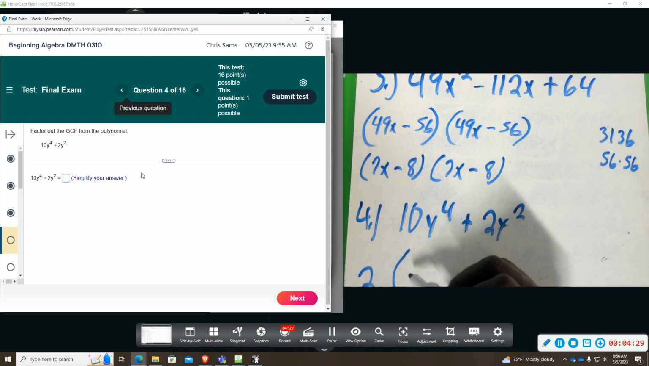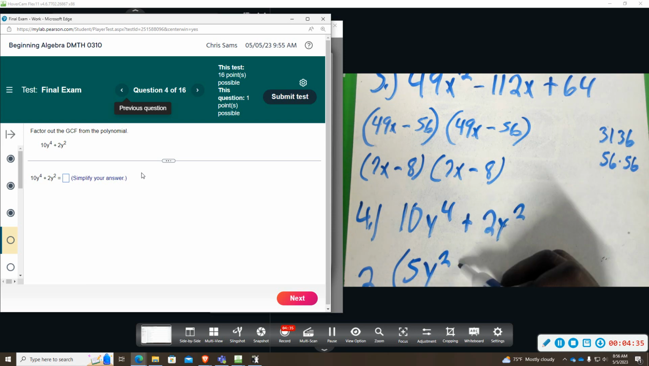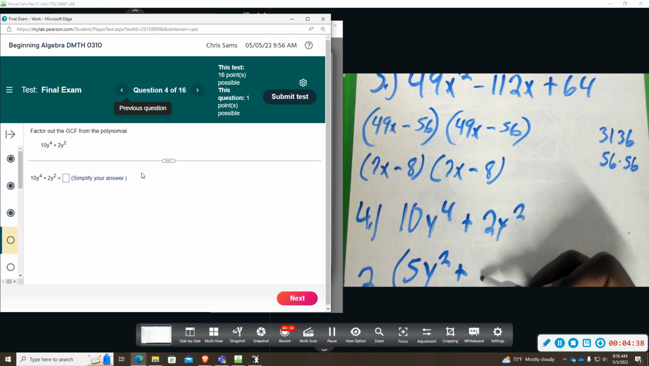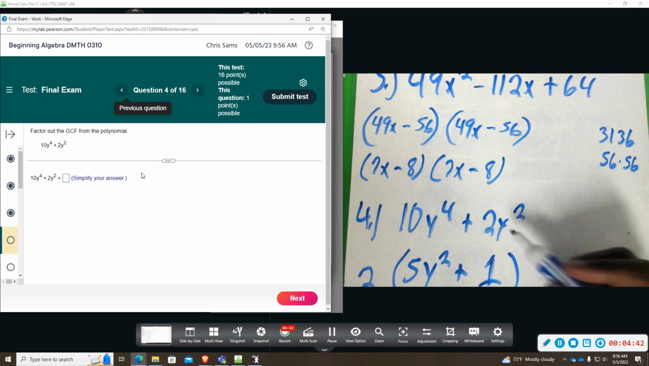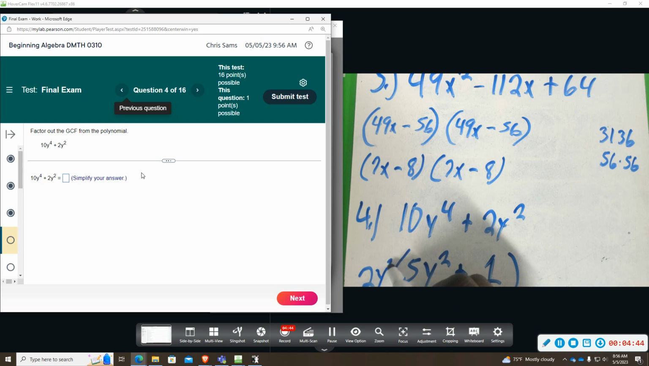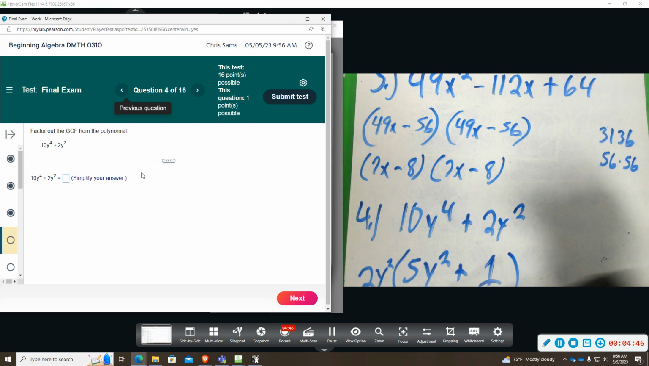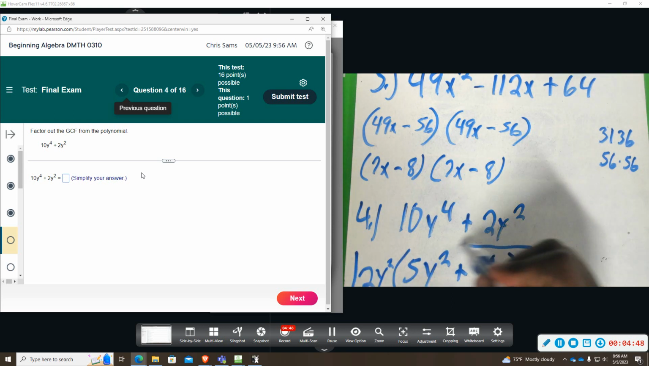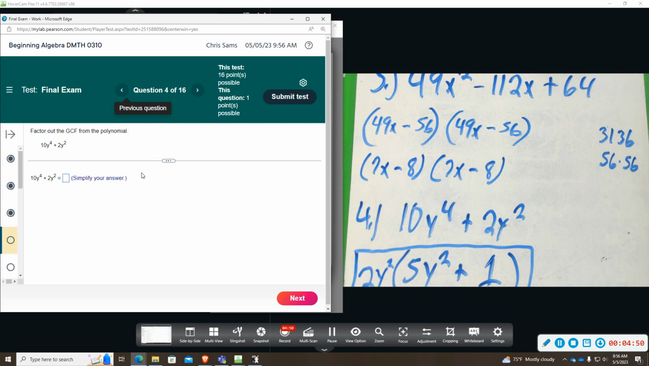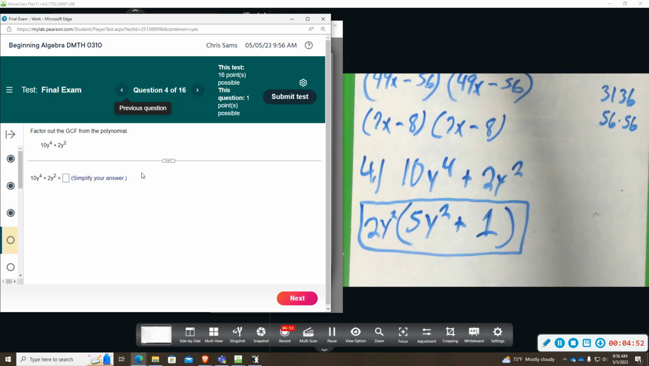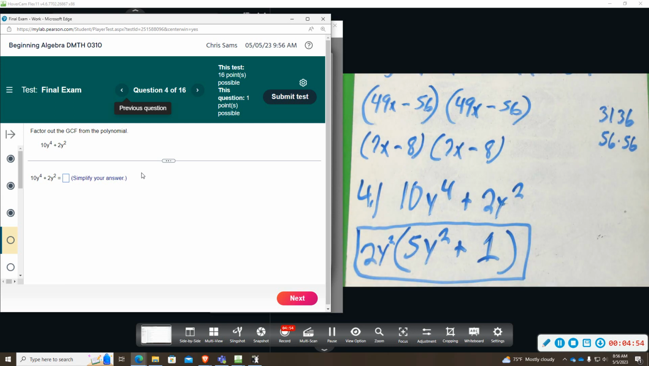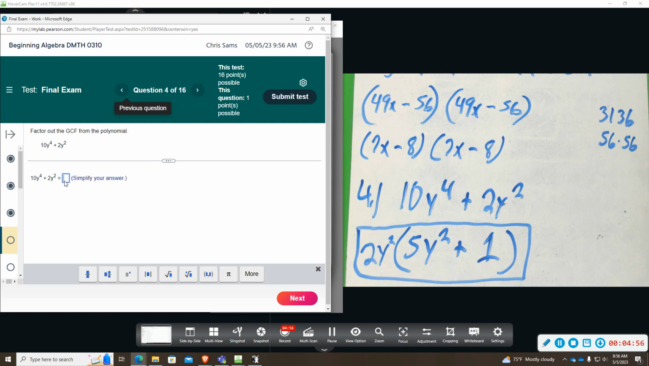So divide by 2, that leaves us with 5. Take out 2 y's, leaves me with y squared. Divide by 2 leaves me with 1. Take out both y's, so I'm just left with 1. That whole term. So 2y squared is what I actually pulled out. And this is what I would get when I factor out the greatest common factor. 2y